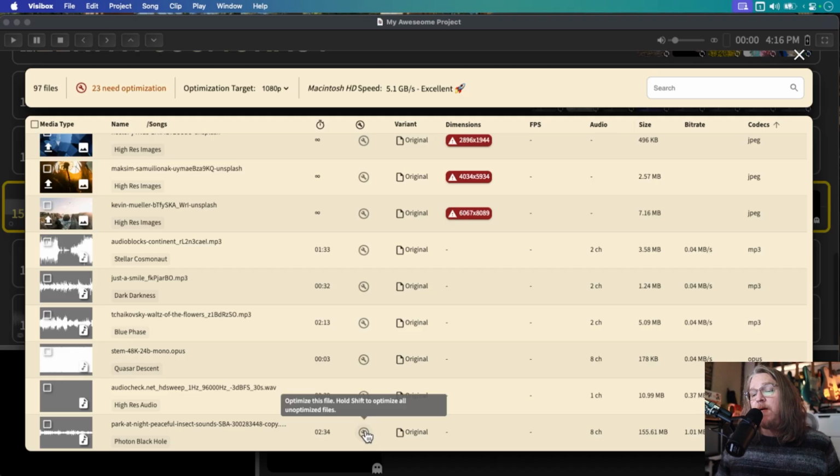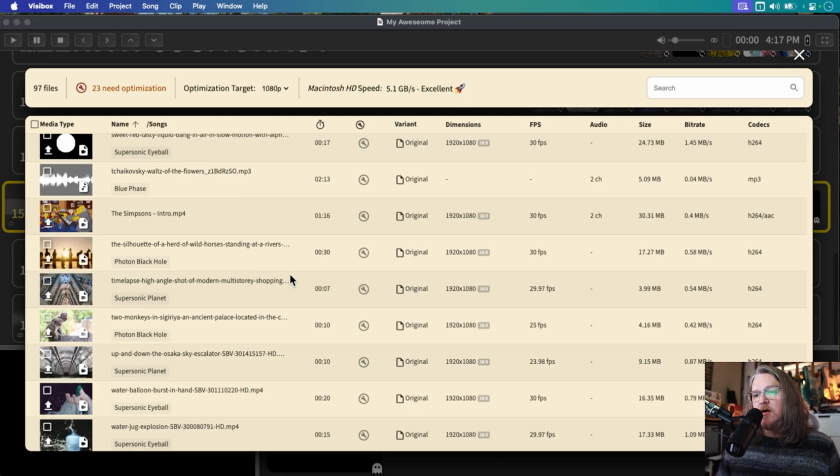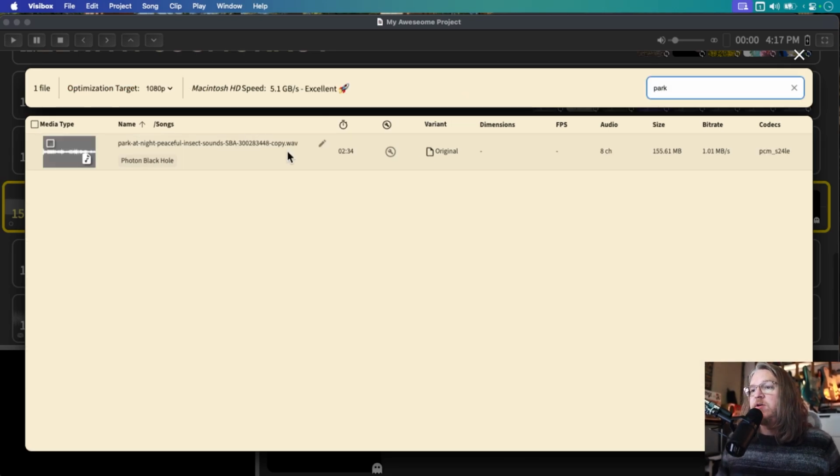If I were to optimize this one, let me find this file, Park at Night, but let me sort it a little bit differently. Let me search for Park. And there we go. There's the file. And if I optimize it,